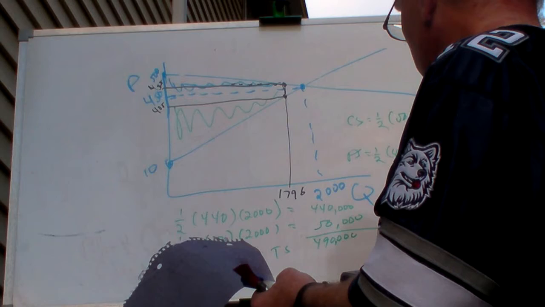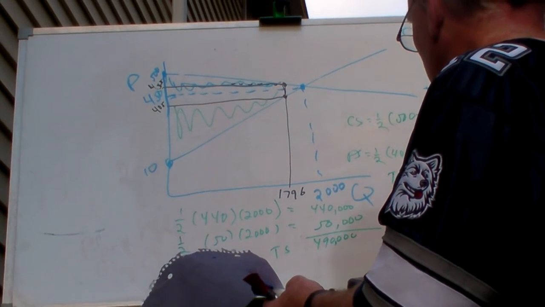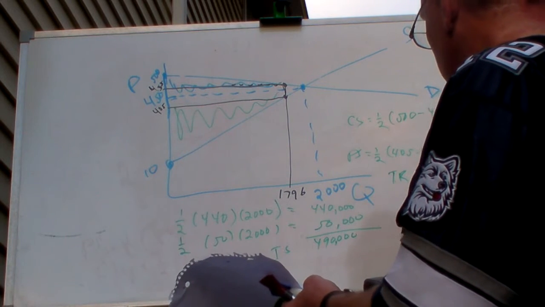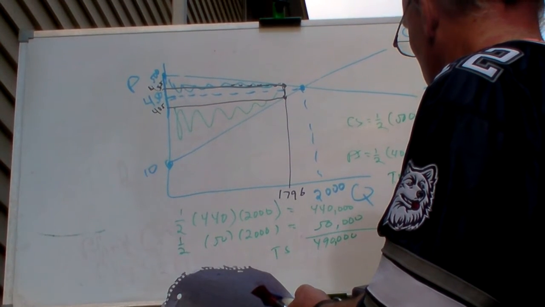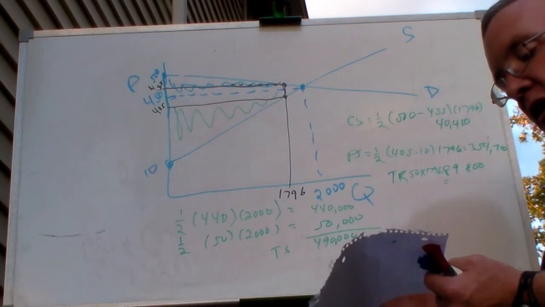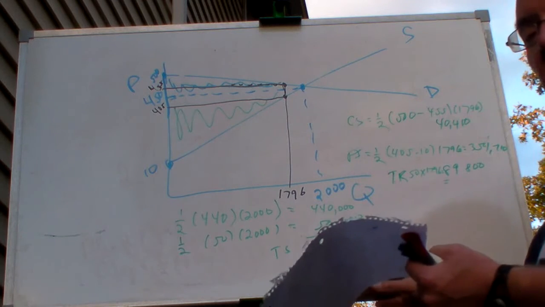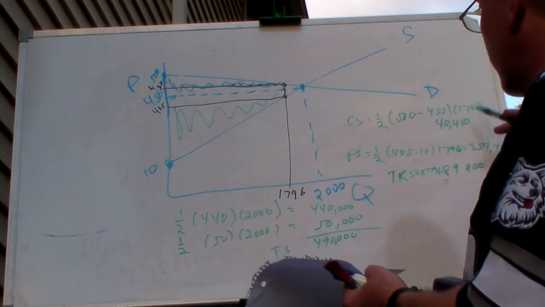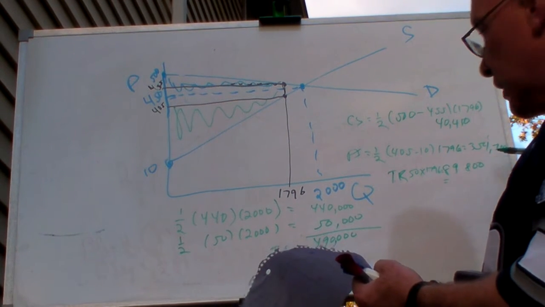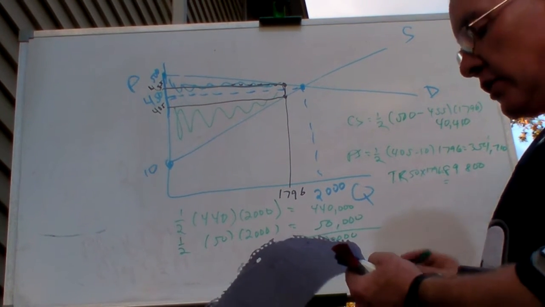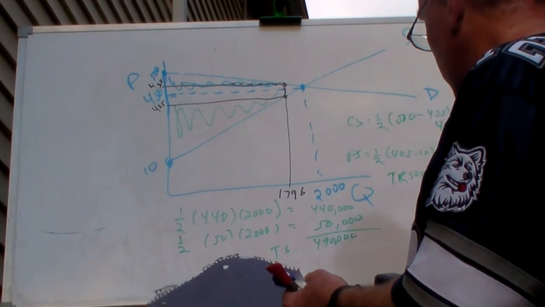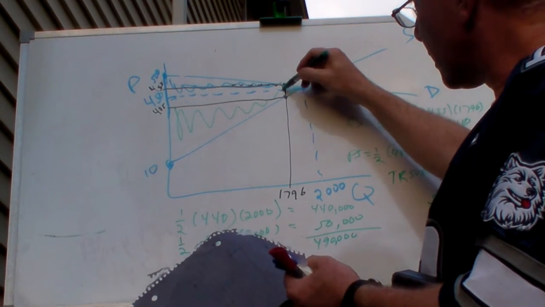And then the tax revenue is going to be 89,800. That's the $50 times the 1796. And if you take 490,000, which is the old total surplus, subtract 40,410, subtract 354,710, and 89,800, you're left with a deadweight loss of 5,080, and the area of this triangle is